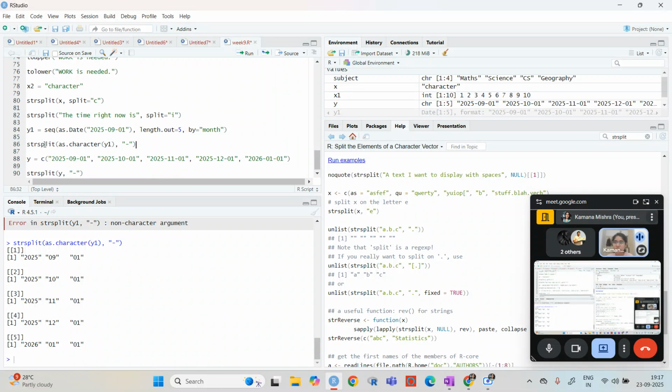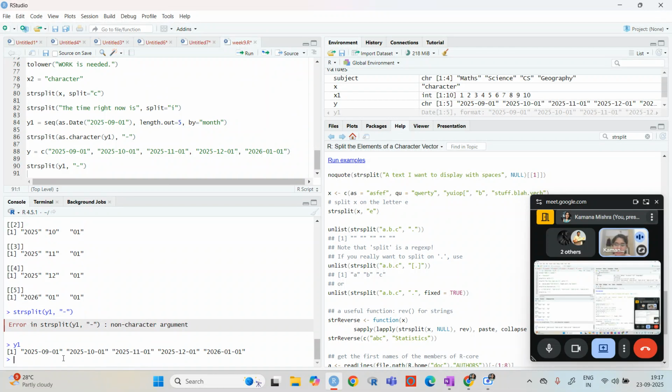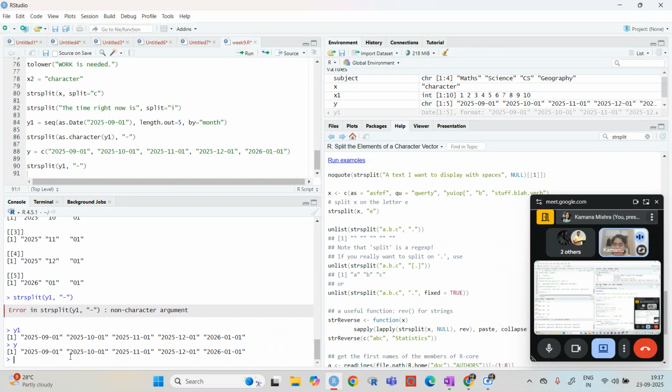So what was the problem before? When we were using this y1, it is saying that it is a non-character argument. Why? Because if you see this y1, and if you see this y, in the answer it may seem the same, but here there is no comma separator, so it is not taking it as a character.